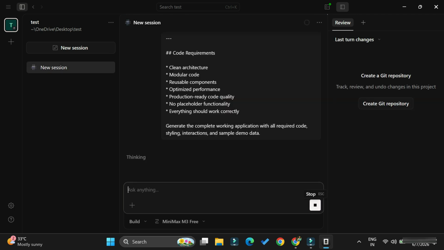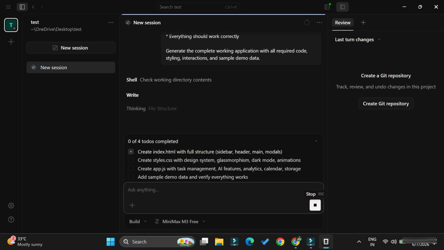I have provided everything in this, so it is going to generate it. I've just given this and I'm waiting for the result. Here it's showing 0 of 4 tasks completed, so it will take time to complete the tasks, so we will wait for it.